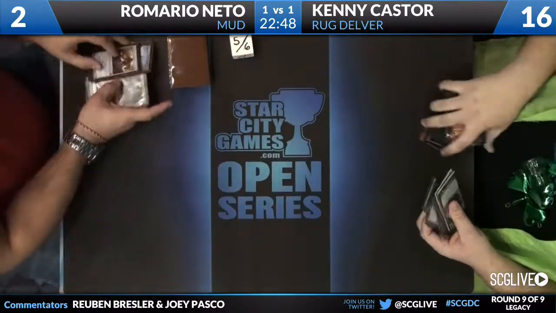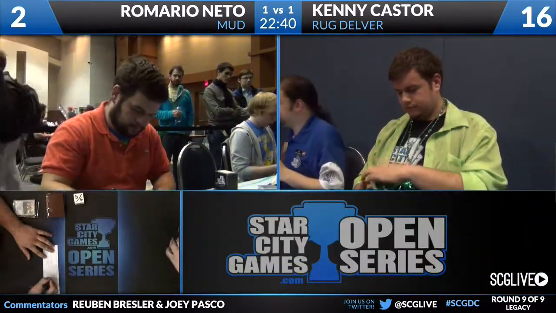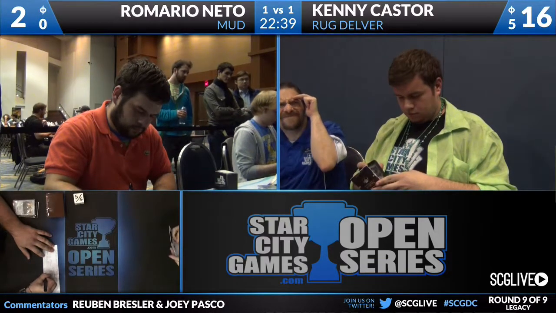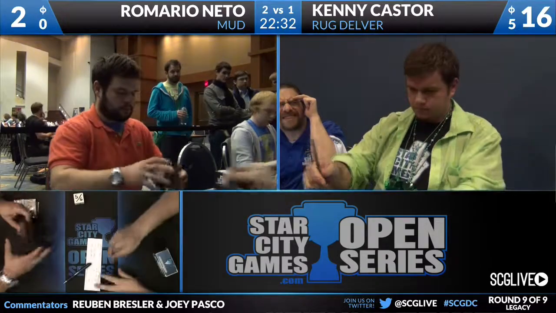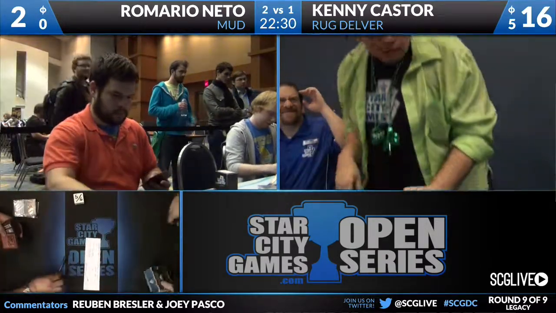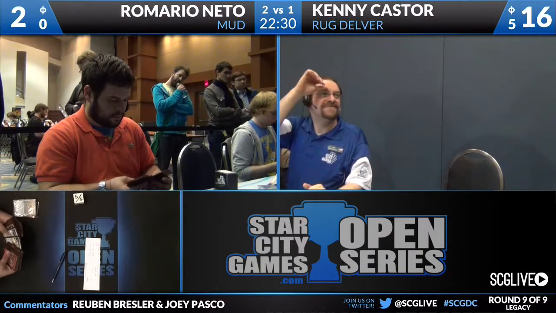Yeah. Kenny must not have had a burn spell in hand. He might have been waiting on a fetch land, possibly. Right. But Romario Neto defeats Kenny Castor 2-1 with mud over Rug Delver. Yeah, and I'd say that you look at that match and you go, well, Kenny mulliganed to 5. I mean, not that match, but that game, Kenny mulliganed to 5. Well, Romario mulliganed to